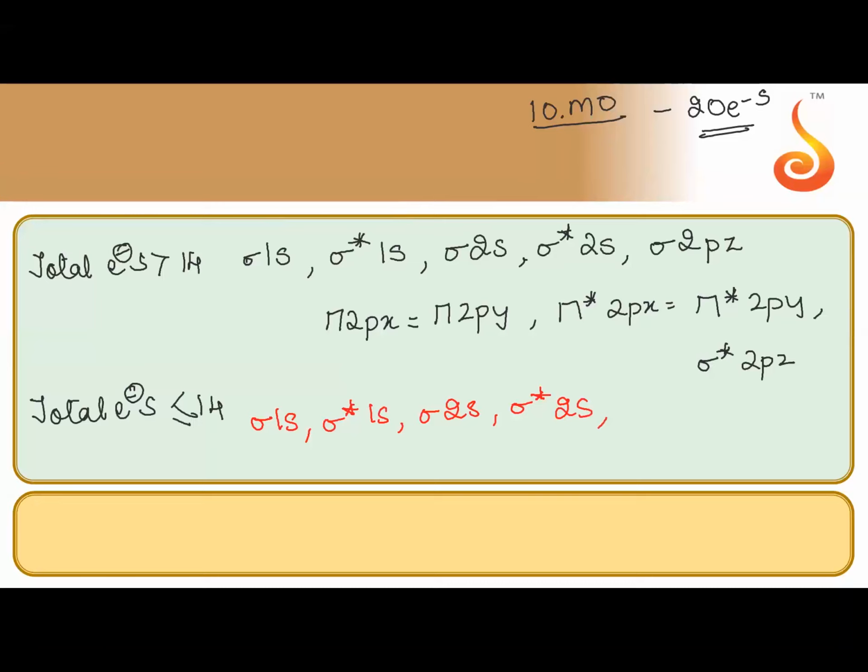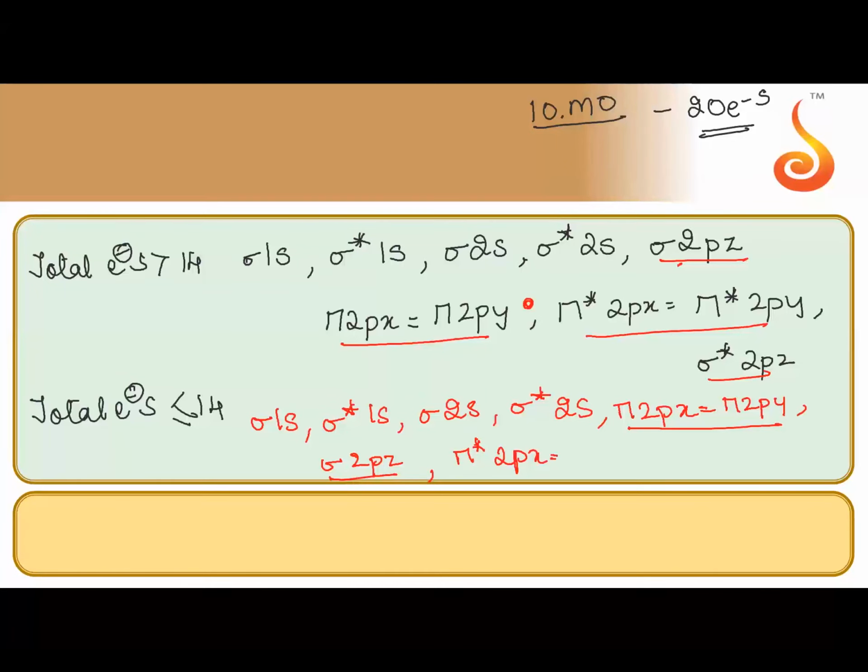Now, many questions can be framed here. So the sigma 2pz kind of, remember all bonding always come together. Before anti-bonding, we have placed bonding. Here also it's the same. Bonding came, then comes anti-bonding. The only difference is this sigma 2pz, it came later. It came here, in between the 2 pi's. Okay, so this is the change.